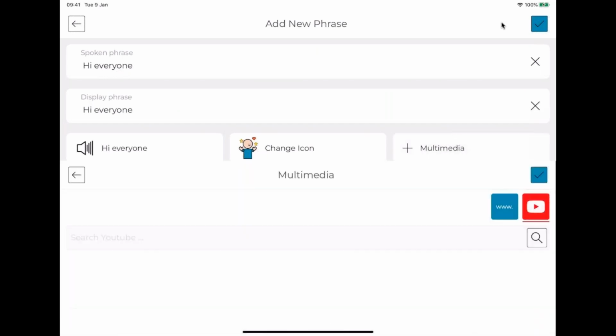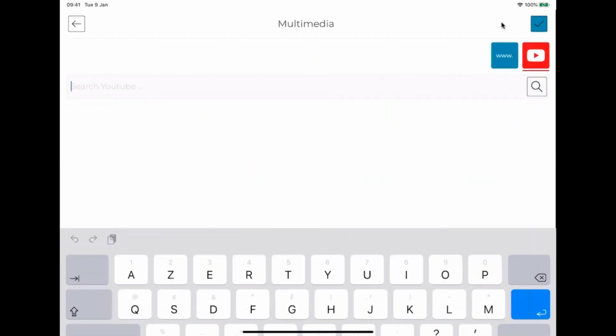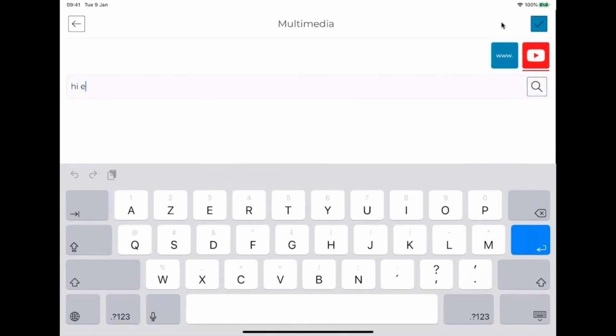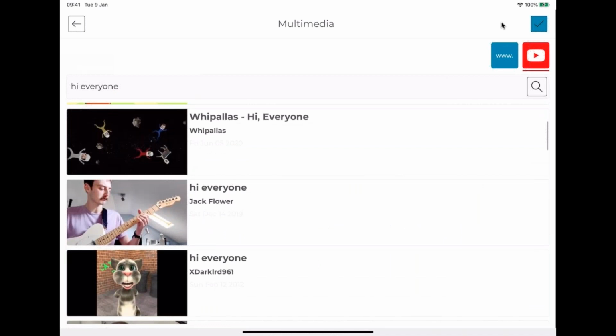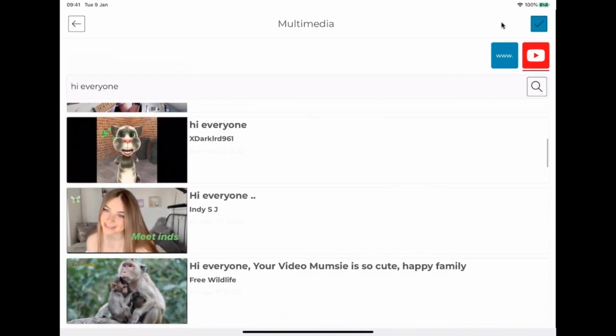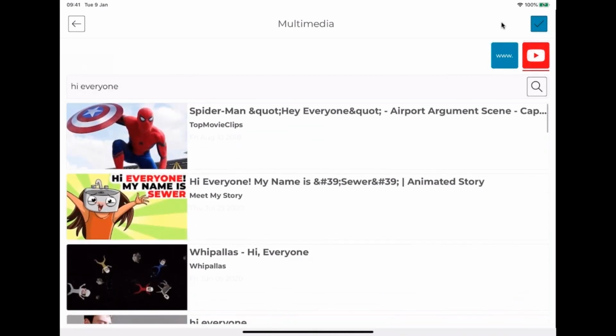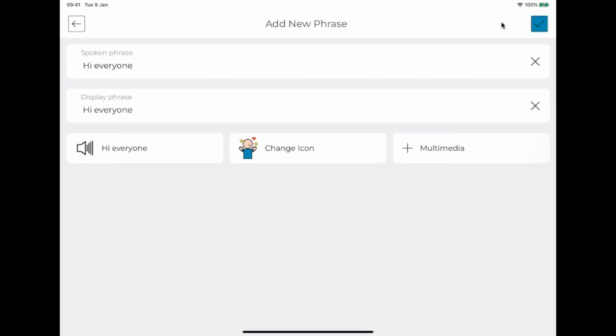And finally, I can attach a multimedia link, which will be played just after my phrase. It's not really relevant, so I'm not going to attach one. I'm going to select the back arrow in the top left corner of the screen.